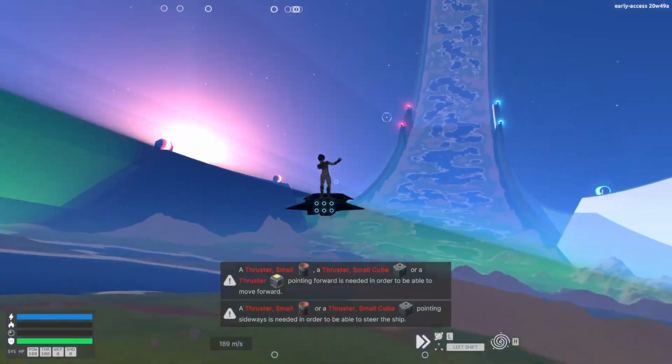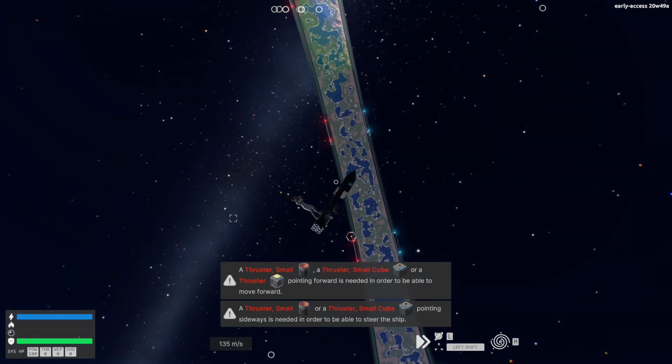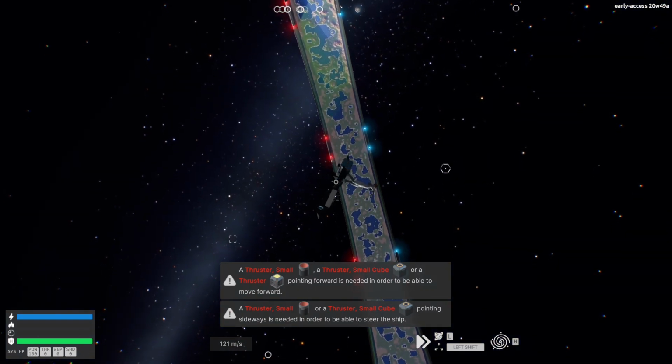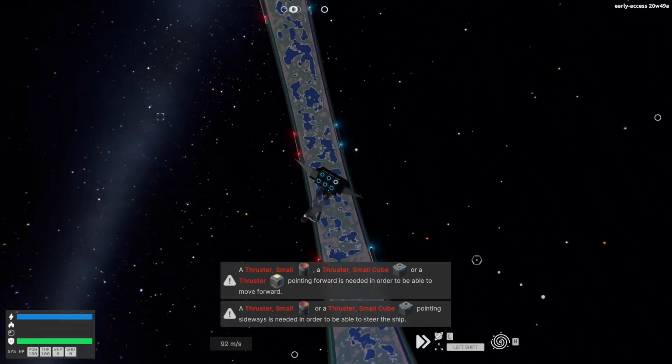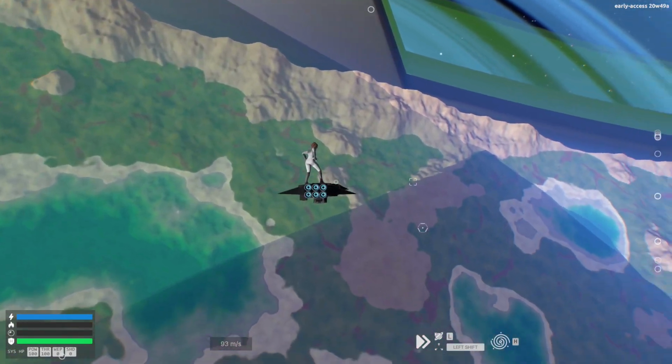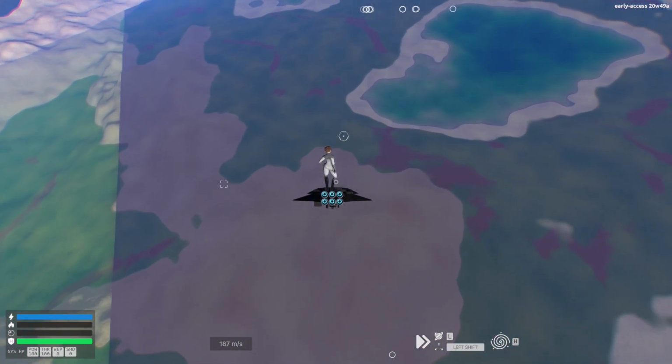I also wanted to be able to go up, hit 3, and then have gravity come back down while I was doing tricks. But the gravity only goes so far, so that's why we're actually hurling through space right now. So yeah, it didn't really work, but it is kind of fun